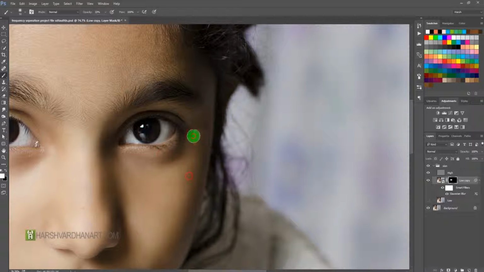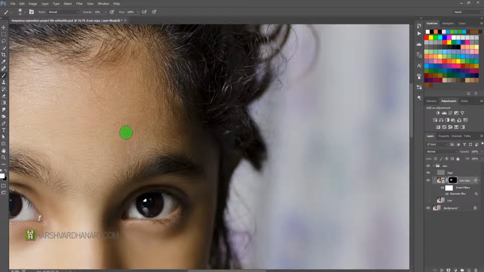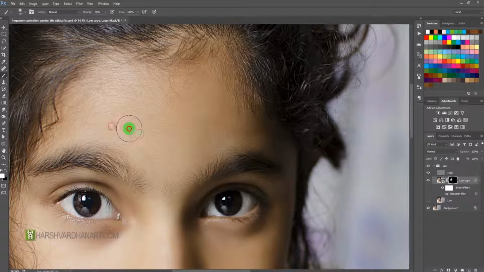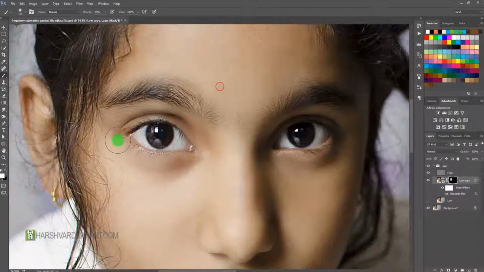So we are going to paint again and again on the area where there is lots of problem. But something which is already smooth, we do not need to touch that. So there will be painting very low or with the low opacity.